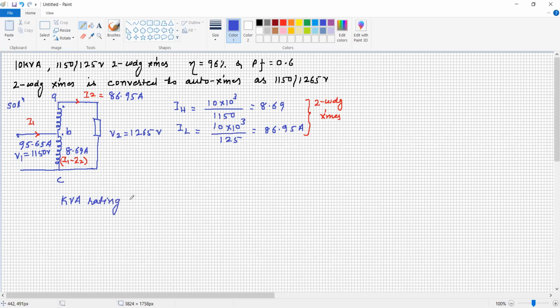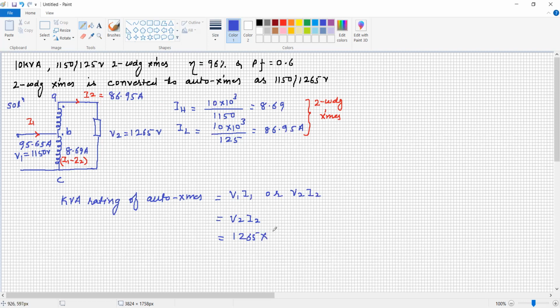It is equal to, either we can calculate from V1 I1 or V2 I2, isn't it? Earlier we calculated the current from the input side. Okay, we will calculate from V2 I2, which is equal to the voltage 1265 multiplied